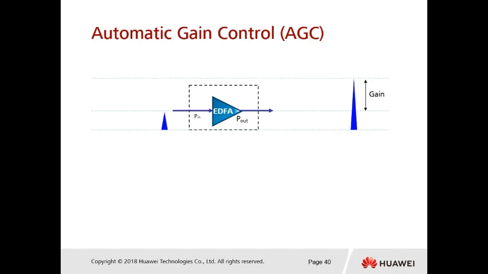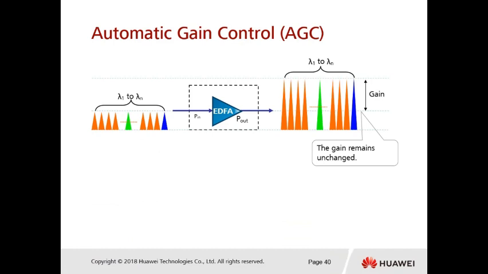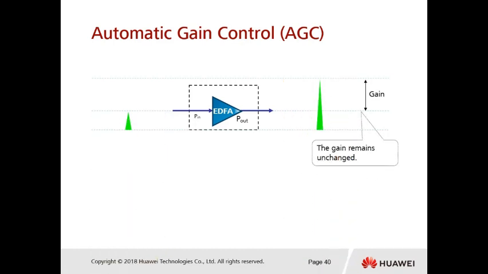Check this out. If, for example, in the first stage we only have one wavelength being used to amplify, then we can control the gain of this one wavelength. But suddenly we add a lot of wavelengths into the fiber, so we must control every wavelength so it still has the original gain, and the gain doesn't change. Likewise, if we have a lot of wavelengths and suddenly some wavelength is lost, we also need to control the gain so it doesn't change, because